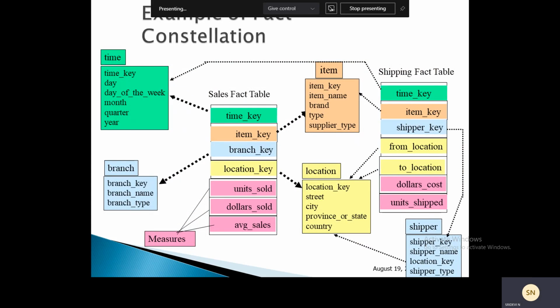A data mart, on the other hand, is a departmental subset of the data warehouse that focuses on selected subjects, and thus its scope is department-wide.